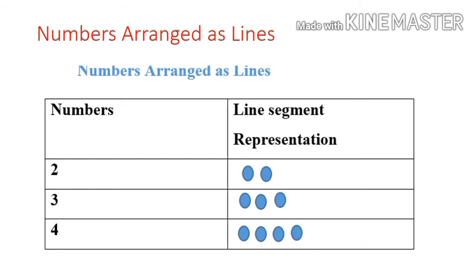To make that easy, for some numbers there are particular shapes. For example, 3 we can represent by using a triangle. 4 we can represent by using a square. Instead of putting 4 dots, we make it simple in the form of a square. 3 means we will form a triangle. All numbers are possible to represent by using lines. Even 99 we can represent by putting 99 dots, but it takes a long method. So that's why we go for other shapes to make it simple.